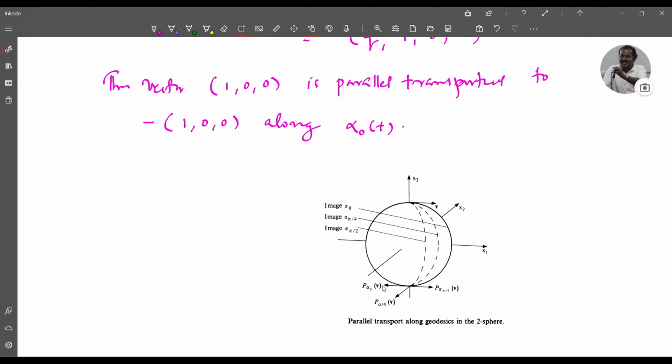Similarly, if you take the angle theta equal to pi by 4, then this vector V is transported to this vector. And if you take the angle theta to be pi by 2, then you can see that this vector is transported to this vector. But